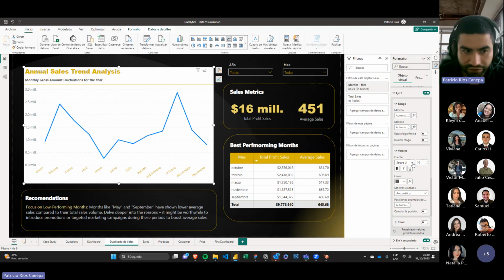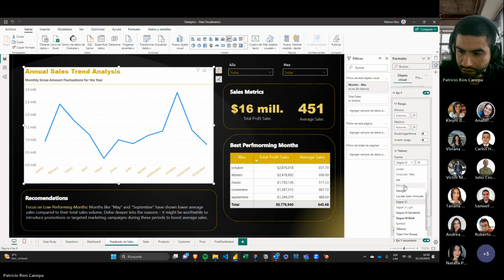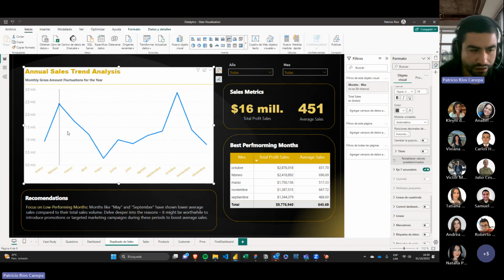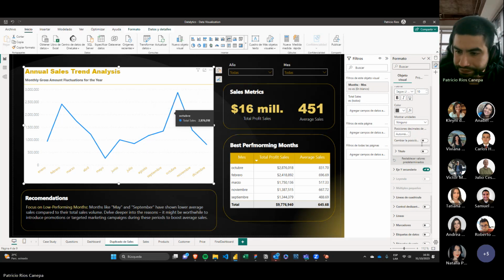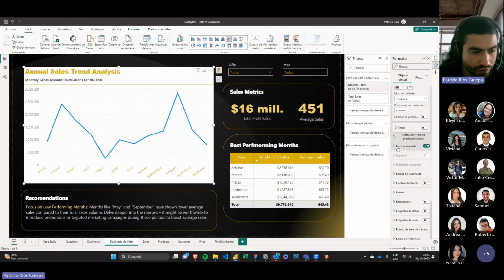You can also change the font. You can do some sort of visualization transformation, so the visualization is in line with the other ones. If you want to show any units, you can, or you just want to show how it is. I prefer this way, so you can really know where that amount is. Okay, so